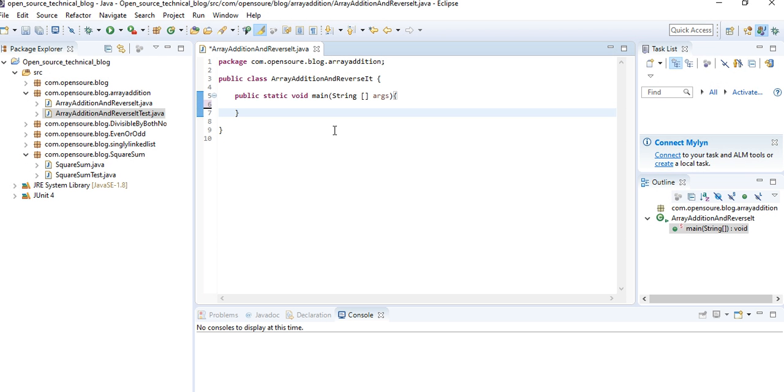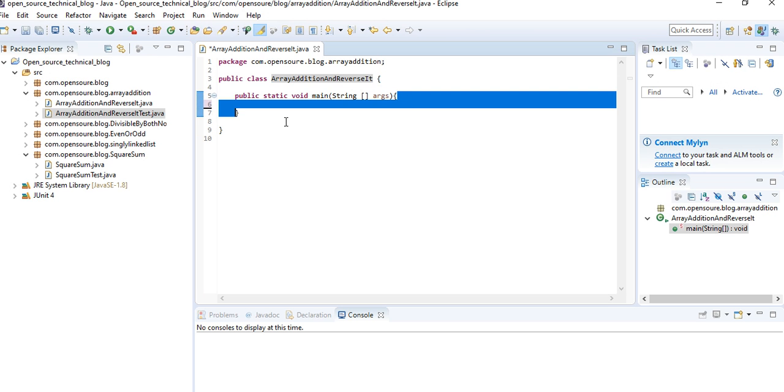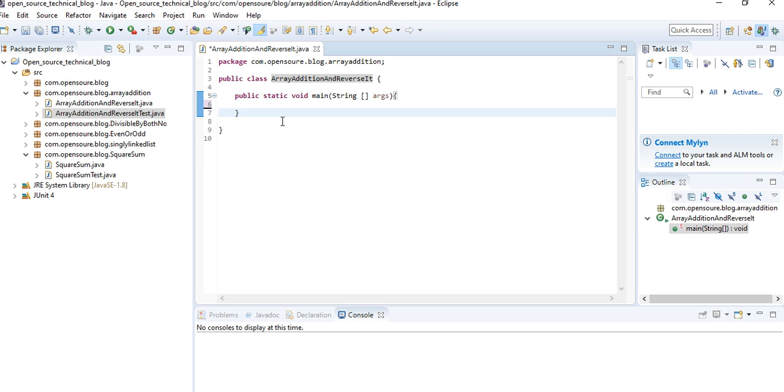I have already created a class named ArrayAdditionAndReverse, and I have declared a main method over here. So let me create a method where we can do the actual addition as well as the reversal of the summation which you have got by adding these two arrays.